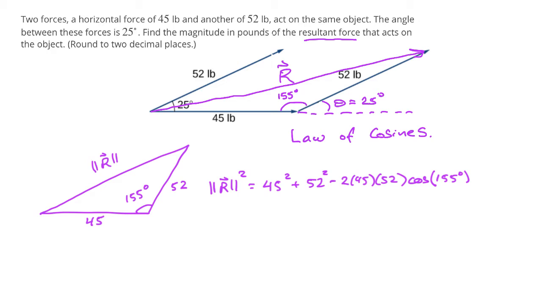So what this then tells us is that the magnitude of r, when we plug that in and take the square root of both sides, we find that we have for the magnitude of r of